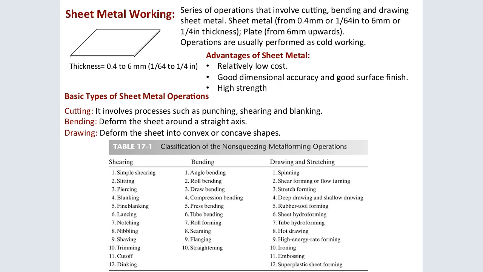And then we have the spinning under drawing and stretching, shear forming or flow turning. We have the stretch forming, deep drawing and shallow drawing, rubber tool forming, sheet hydroforming, tube hydroforming, hot drawing and high energy rate forming, ironing, embossing, and superplastic sheet forming. And then the next one,